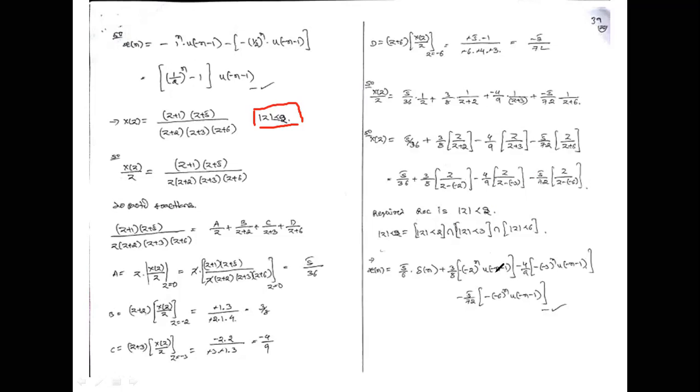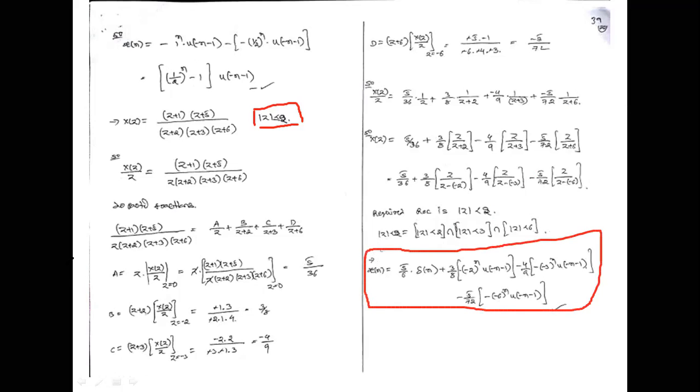Minus 2 whole power n u of minus n minus 1. Minus 4 by 9 in the function, minus 3 whole power n u of minus n minus 1, and the last function minus 5 by 72, minus 6 whole power n u of minus n minus 1. This is the total